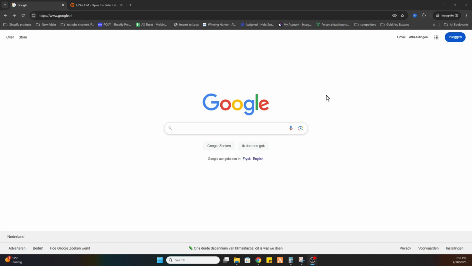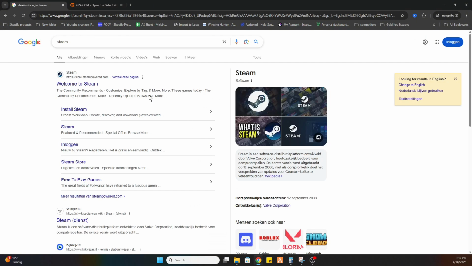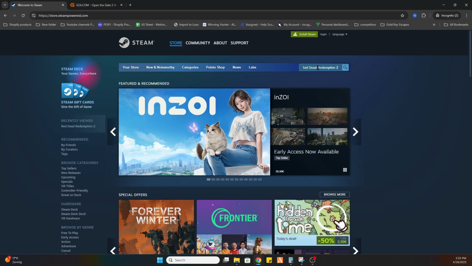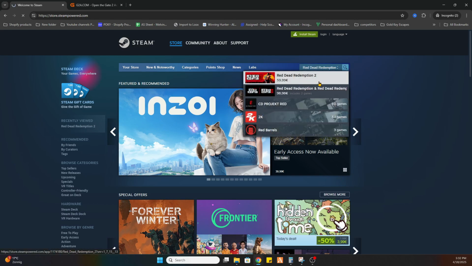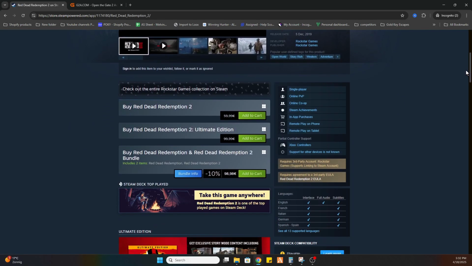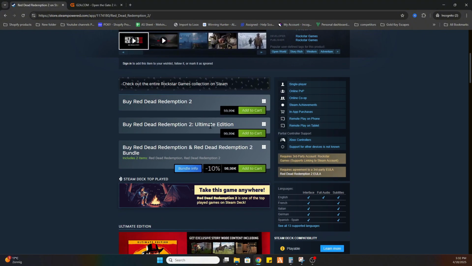Now once you have done that, we need to locate this game first on Steam before we can proceed to another website. So go to the Steam website, and after that we are searching for the game Red Dead Redemption 2. Now, if you scroll a little bit down, then you will see that Red Dead Redemption 2 Ultimate Edition is €99.99. That is very expensive for a game. But what you need to do is follow these steps and you will be set up within a couple of